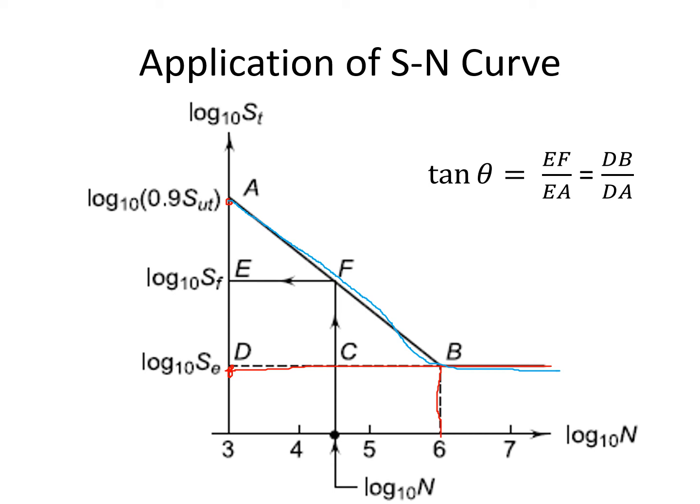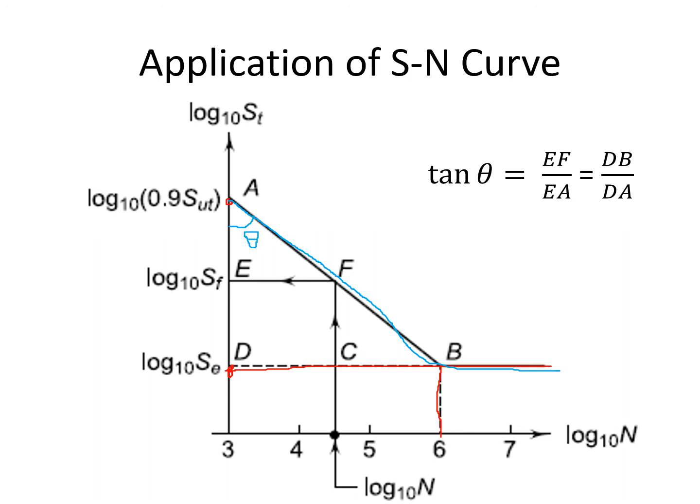So by that data, what can we do now? We can draw a straight line to this curve and we can take the horizontal value, and from here we will get the strength. How to do all these things? We can use the similar triangle property. Here you can see two triangles, AEF, AEFA is one triangle, ADBA is another triangle. For both these triangles, this theta is the same, right?